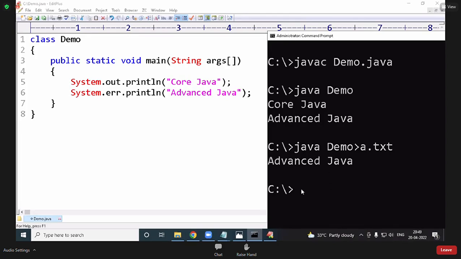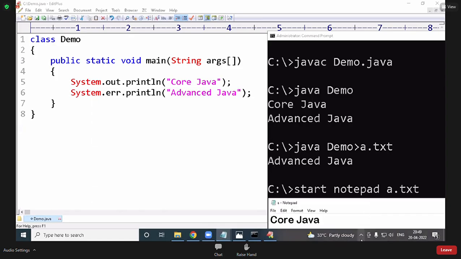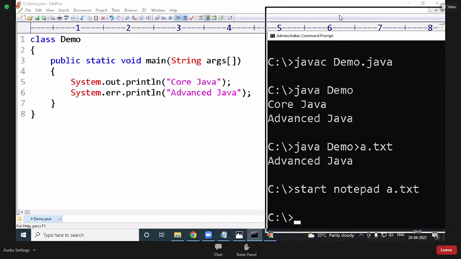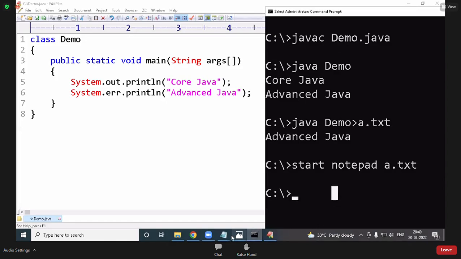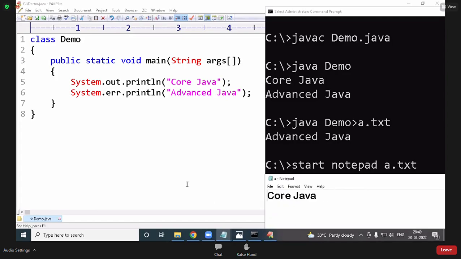Now, if I open the file, core Java will be there in that file. See? Start notepad a.txt, then core Java will be there. Now write the program and write the output. If you run the program like this, there is no difference. If you run the program like this, there is a difference.